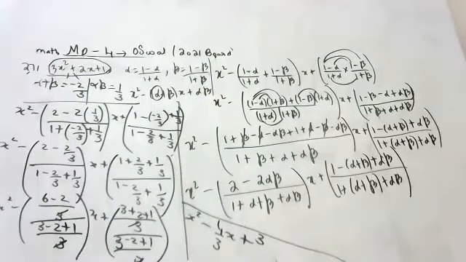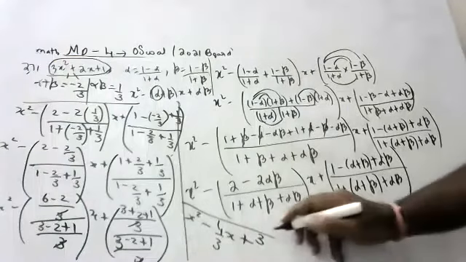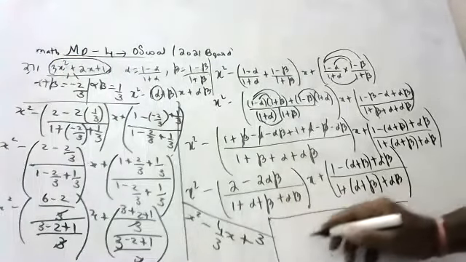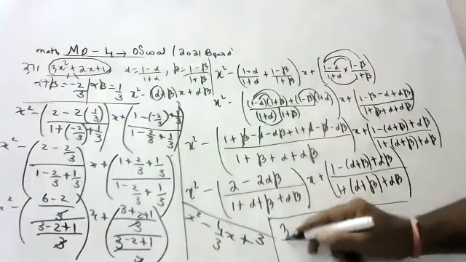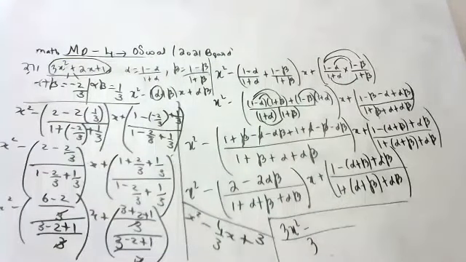Okay, children, and remove the denominator, children. Denominator should not be there in the final equation because in normal polynomials you will not keep any denominator. If you don't want denominator, then 3 will be the LCM. Excuse me, sir. The 3 minus 2 plus 1 is 2, no, sir?